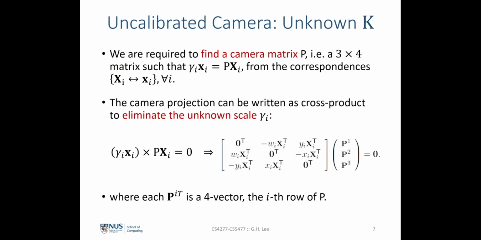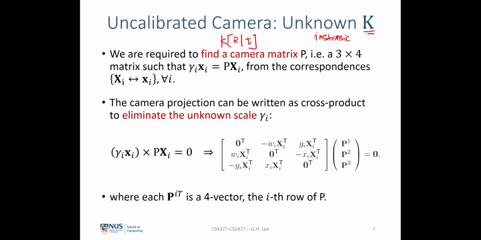Now let's start by looking at the first case where the camera is an uncalibrated camera, and what this simply means is that we have unknown intrinsics. The intrinsics of the camera is unknown, which we denote by K over here. As a result, since the camera intrinsics is unknown, and our task here is also to find out the unknown rotation and translation of the camera frame with respect to the world frame,